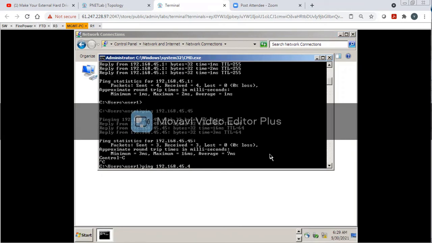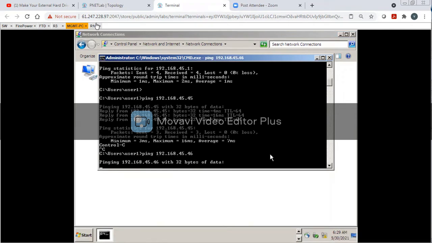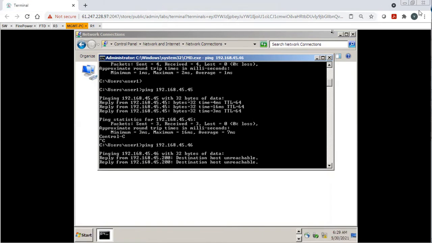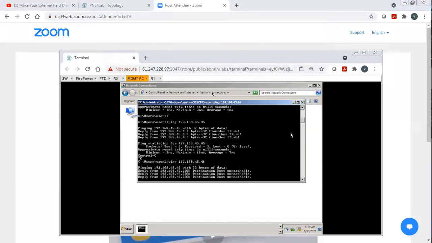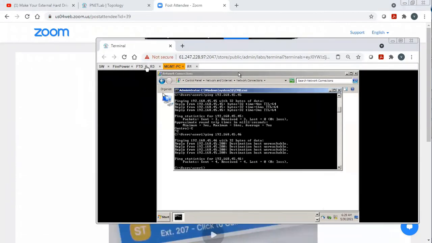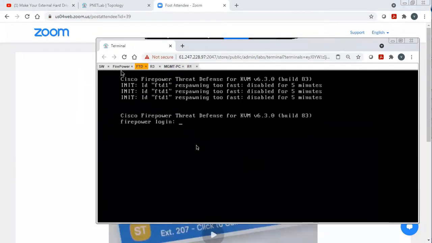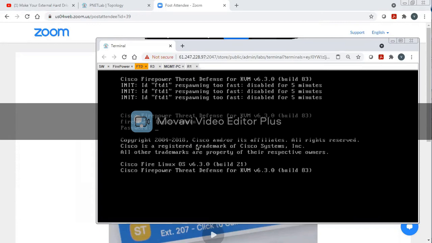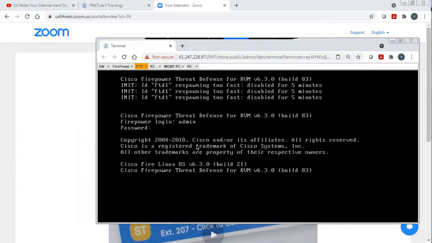The default username is admin, and the password would be Admin123. So this is the FTD.